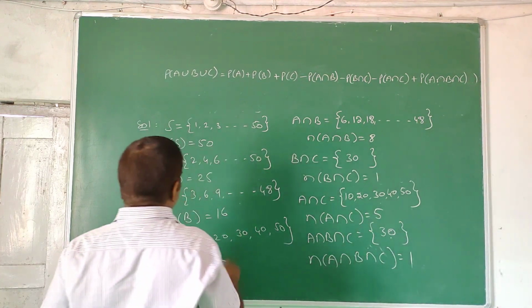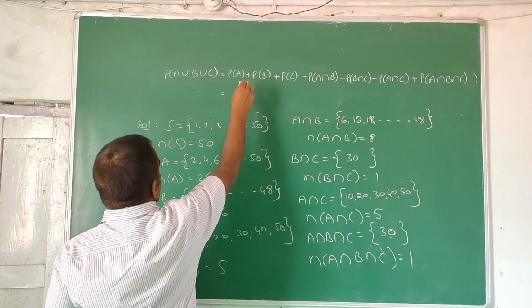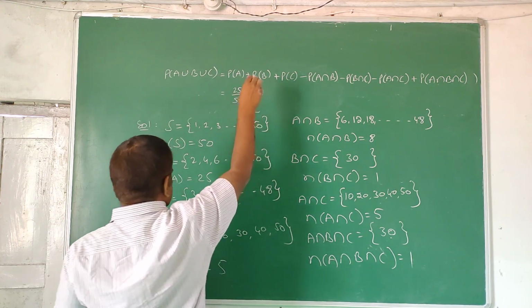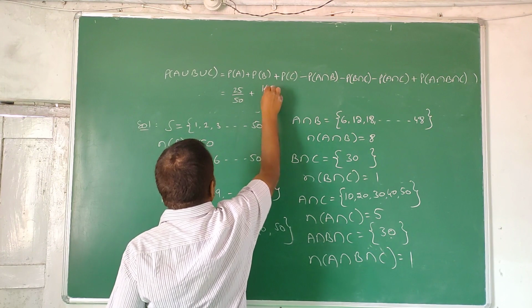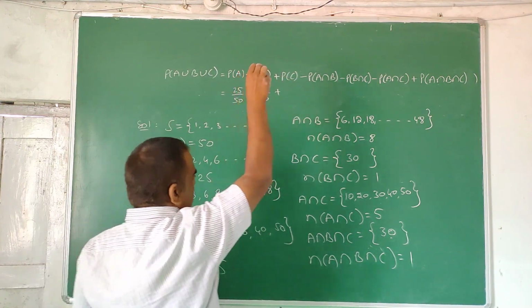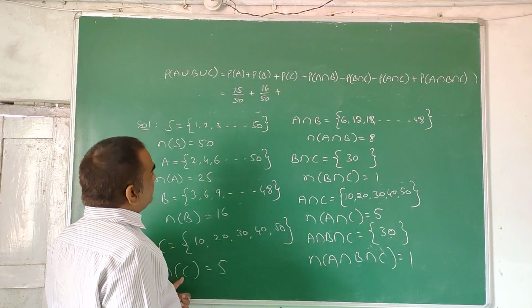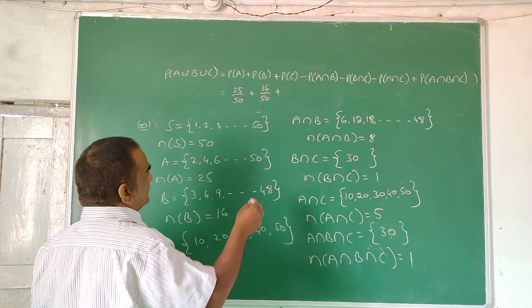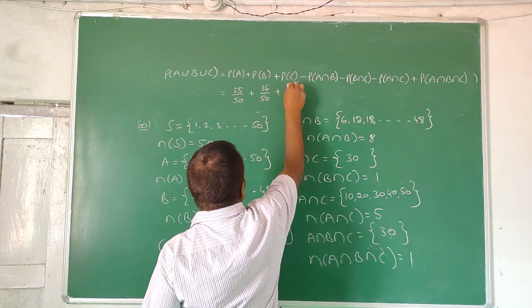So, which is equal to n(A) is 25 by 50, 16 by 50, and P(C) means n(C) by n(S), which is 5 by 50,